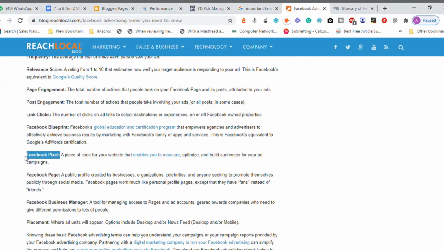Once you have your Facebook pixel installed on your website, the Facebook platform can track the activities happening on your website, like the optimization techniques and also the audiences who are visiting your website and their relevancy. So indirectly, when you implement a Facebook pixel, you are allowing Facebook to monitor your website to increase the performance of your advertisement. So basically, that is the Facebook pixel.